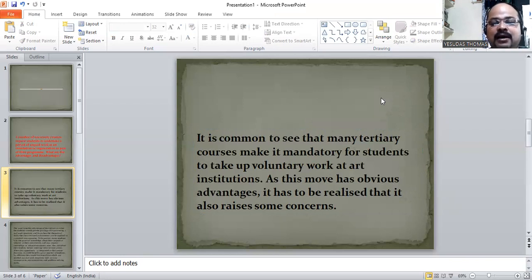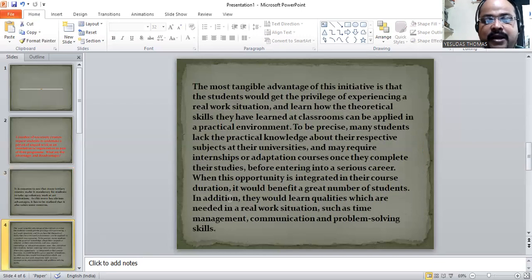This is the first particular part. So we have written two sentences. In the first part, we have said the topic is introduced. The second part is what we are going to say in the essay. We are going to say some obvious advantages and we are going to say some concerns, that's disadvantages. So let's go with the first paragraph here.